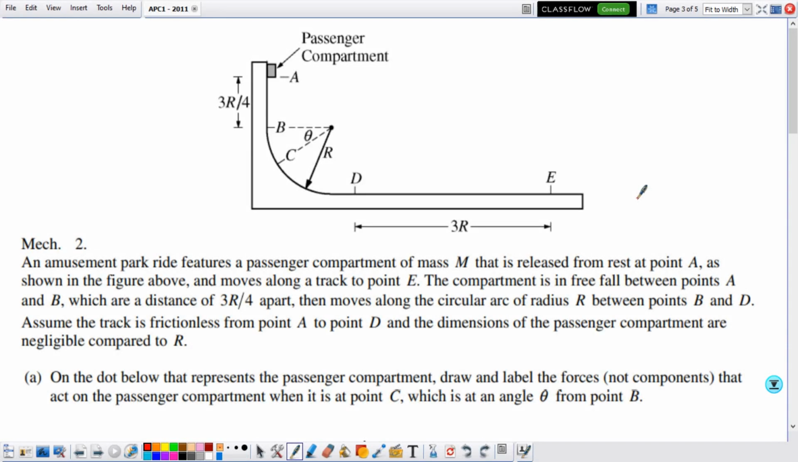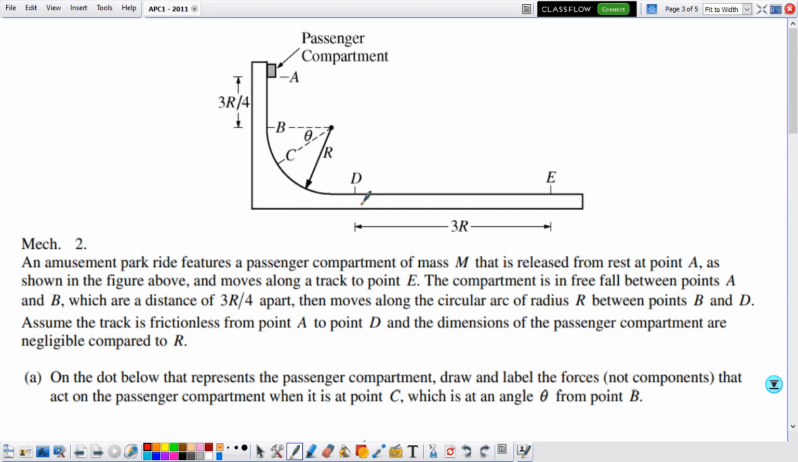Hello AP Mechanics students, today we will solve the past paper FRQ 2011, exercise 2. An amusement park ride features a passenger compartment of mass capital M that is released from rest at point A, then at the point A the speed is 0, as shown in the figure above, and moves along a